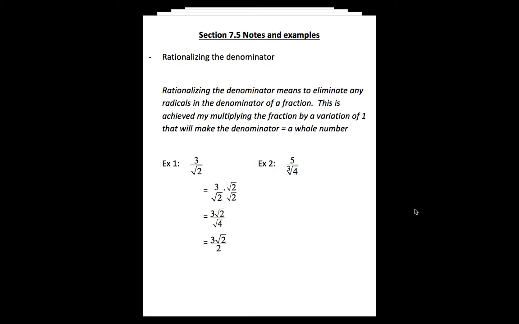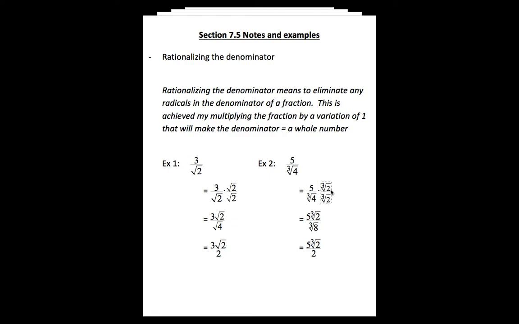And so to rationalize the denominator here, I'm going to take my original fraction and multiply by a variation of 1 that makes my denominator a perfect cube. That happens to be the cube root of 2. And again, as long as I multiply the numerator by the same thing as the denominator,